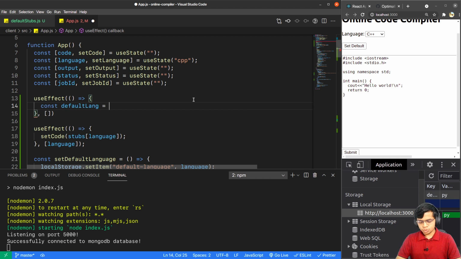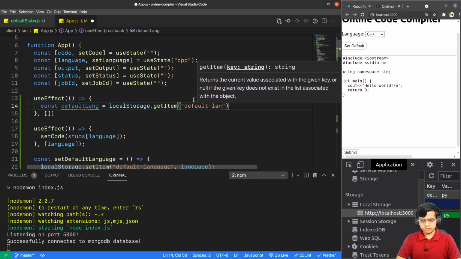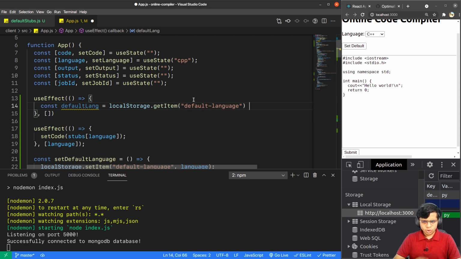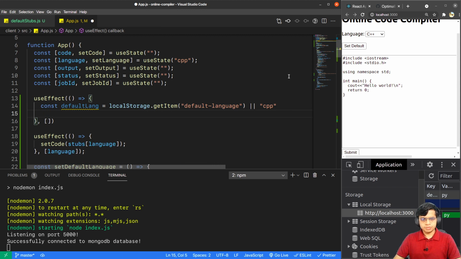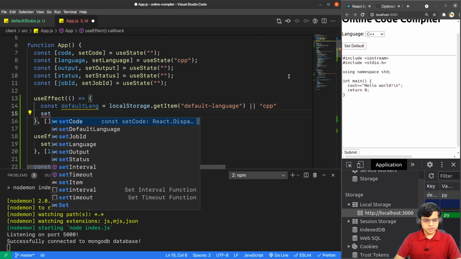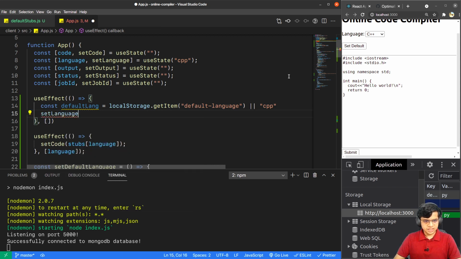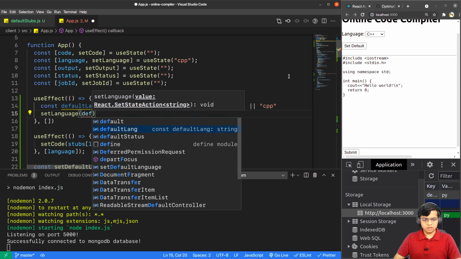Now we'll try to get it: localStorage.getItem with 'default language'. If we don't get it, we can just use OR. This is a nice way of writing JavaScript: if the first part of your statement is undefined, use this as a default value. So now you just have to do setLanguage with defaultLang.